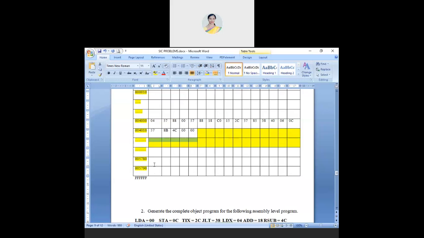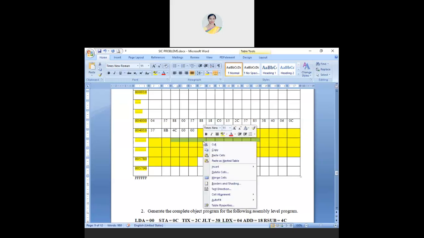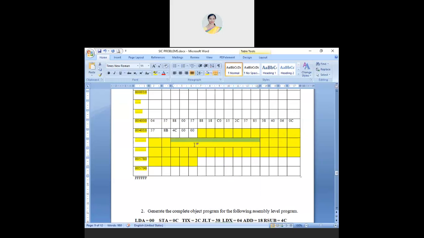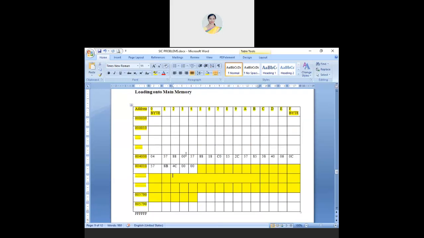Till this whole thing. Till 8, 4, 0, 1, 2, 3, 4. Till here. Okay. What is this now? This whole thing is merged, everything. What is the name of this location?